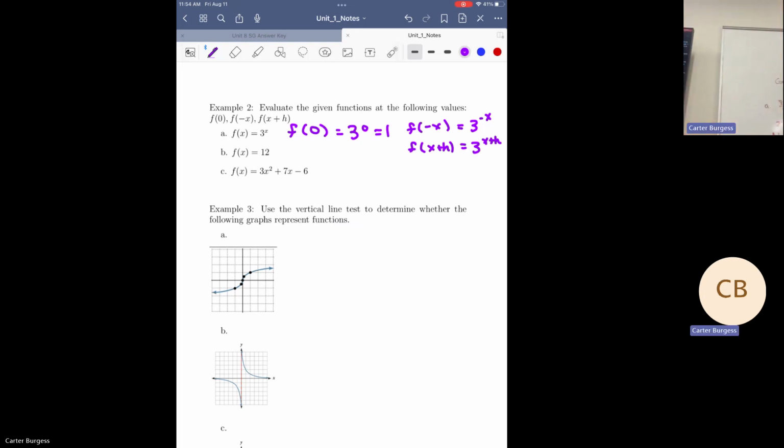All right, so take a moment and try out B and C. Again, keep in mind that what we are doing is replacing the x's with what we are, in this case, being asked to do. Taking a stab at B and C, for example, 2. That's a great question. So if there's nothing to replace, then